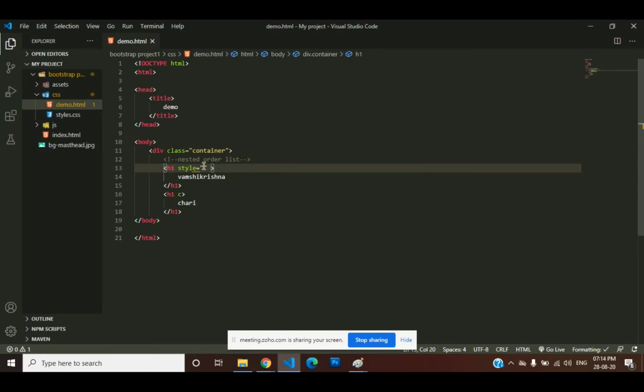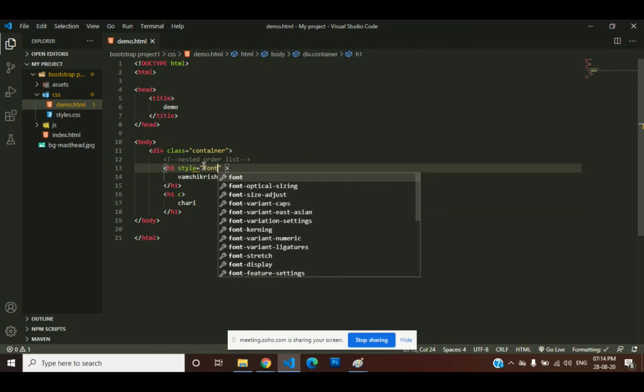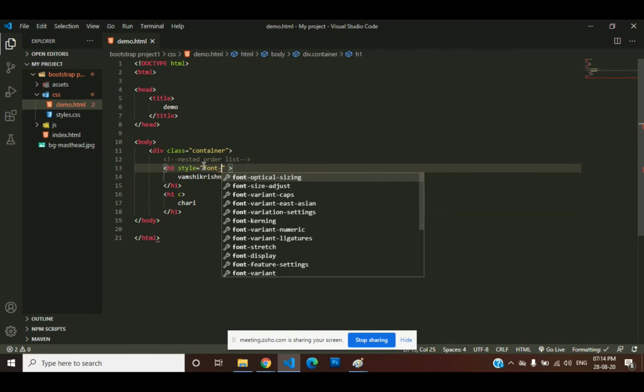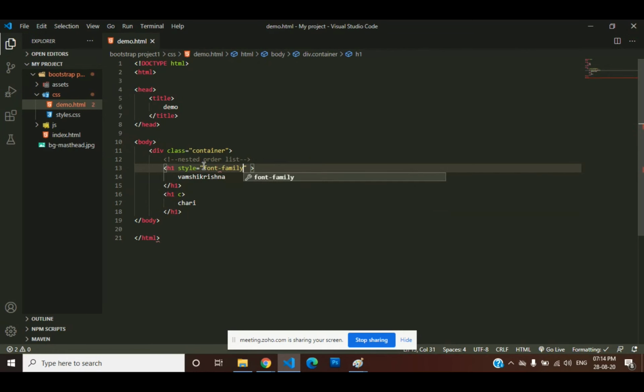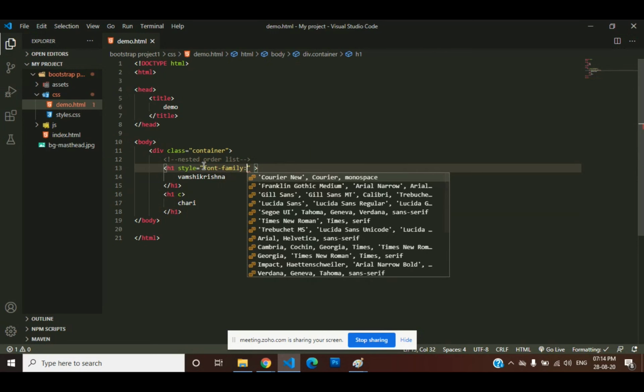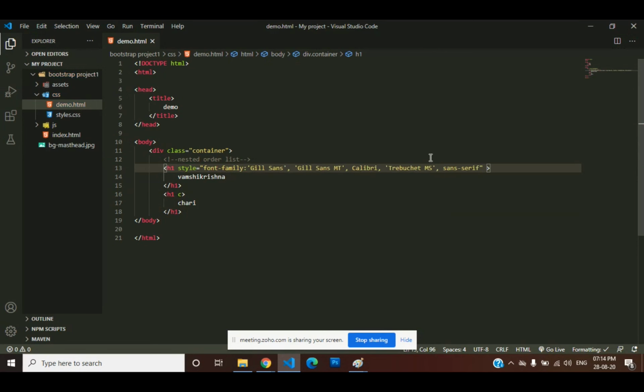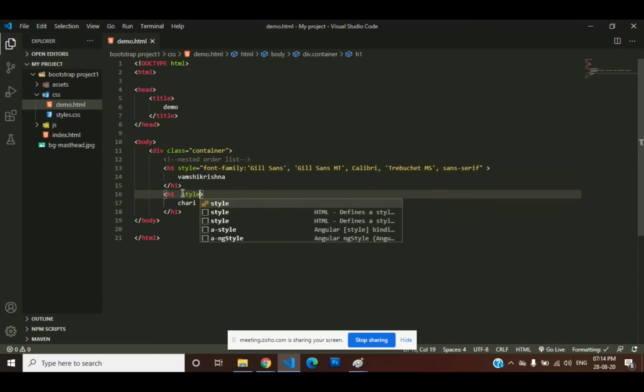It is inline CSS. Already I told you. Sorry guys, when we discuss CSS class, we will discuss it briefly. Don't bother about it. Just observe how I am applying it. Font family, I'm taking one example, Gilson something. We'll go with another one, color.